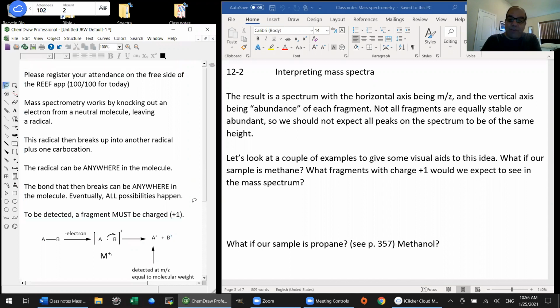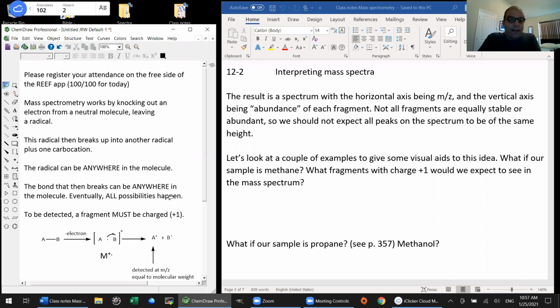And really, for our purposes, it's always going to be +1. Now, can you get fragments with multiple charges? Yes, that is possible. But those are generally pretty unstable, so to get anything that you could detect would be pretty rare. And certainly, if I'm looking at a mass spectrum, I'm going for the easy peaks first. I'm not going to bother with things that are +2 and +3. I think there's going to be half a dozen other peaks that are +1 that I will be able to